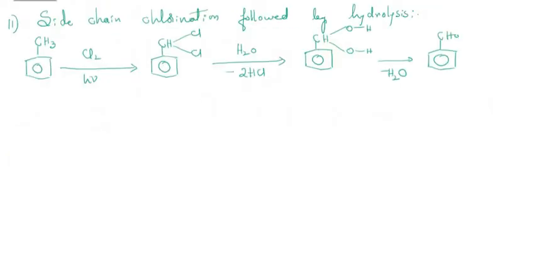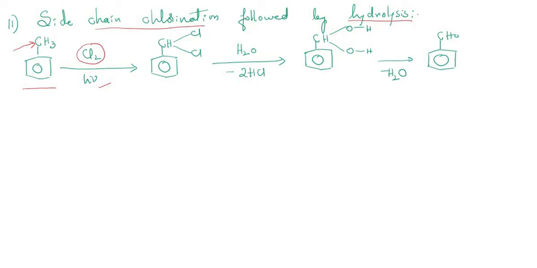In the next part, students, we have the 11th method, that is side chain chlorination followed by hydrolysis of toluene. Here we have the reactant molecule toluene, which is subjected to chlorination, that is Cl2 in the presence of HNO. It means that only the sp3 hybridized carbon atom, this methyl group, will undergo chlorination. So here we have two Cl atoms, so it is an intermediate compound.